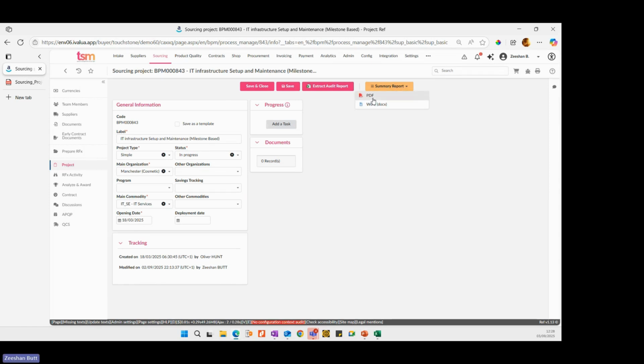Another one we can use is a summary report, which for those of you who are on version 182, might already be there. If you're not, we can add it. That is available from 180 onward. So if I click on this,